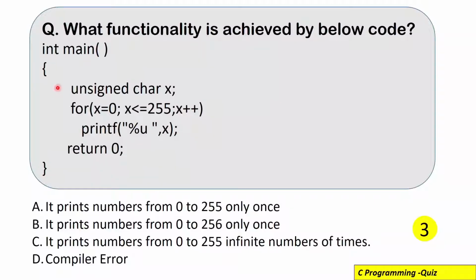Hello everyone. So in this question, we are given this C program and we are asked what is the output of this code. We are given these four options and we have to find the correct answer from these given statements. We have seen a similar question in our previous video, but here is the modification.